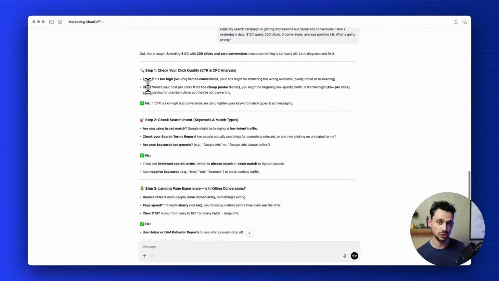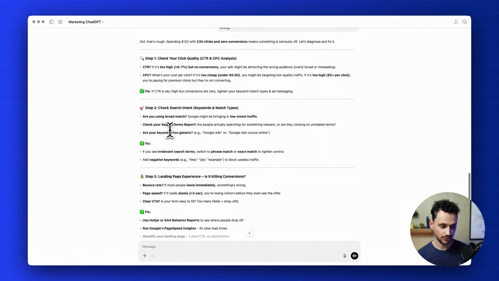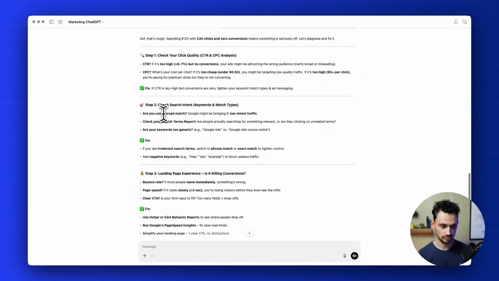So within your landing page, within your website. So let's see. Before we jump to that, we need to also make sure that the keywords are not being used as a broad match, because it can give you plenty of junk traffic. We need to check the search terms report in Google Ads. That's excellent, because this is something that